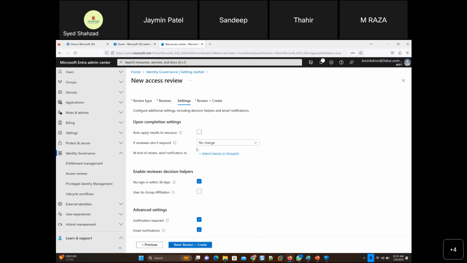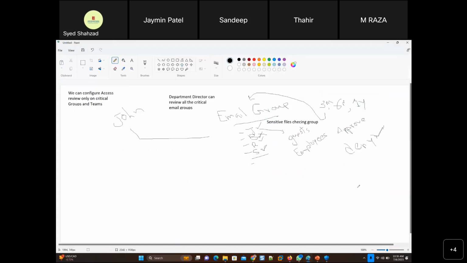So next settings, and then the auto apply results to resource upon completion setting. So when the review is completed, how do you want this to go ahead? So suppose you put the result there that okay, John is approved, Bob is denied, Robin is approved to stay in the group.